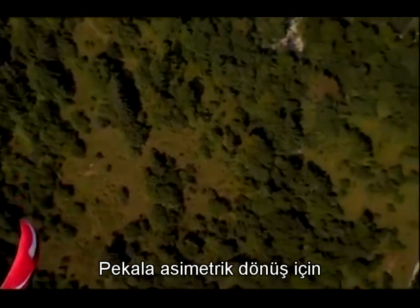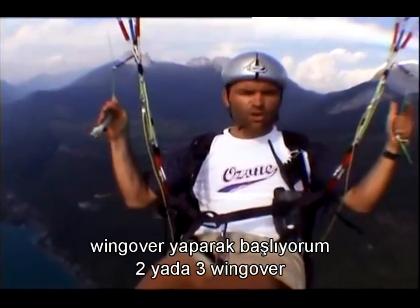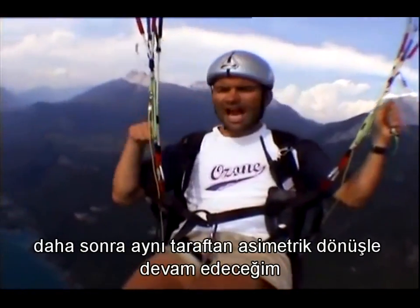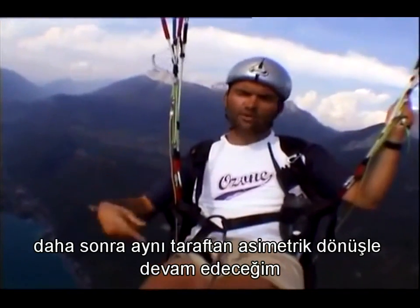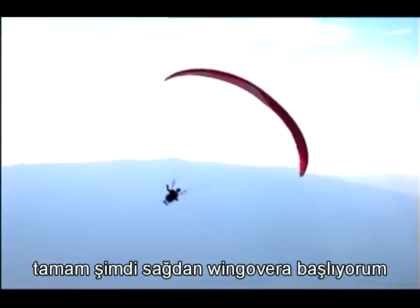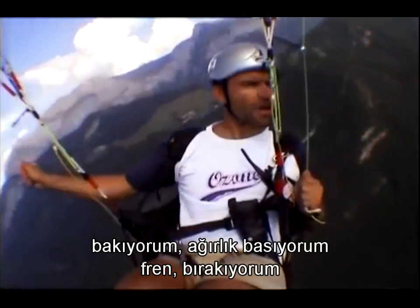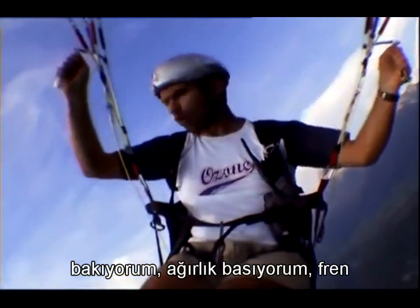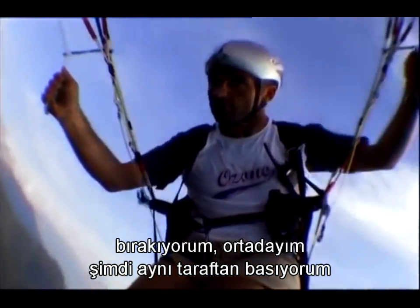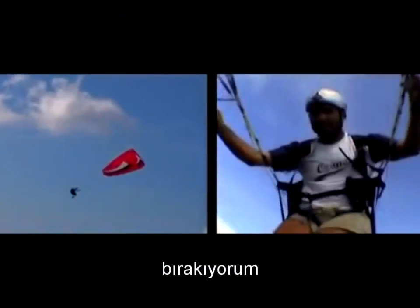Okay, for the 360 asymmetric, I start with wingover, 2 or 3 wingovers, and after a wingover I go on the same side with asymmetric 360. Okay, I start to the right for the wingover, I release, look, weight shift, brake, I release, look, weight shift, brake, I release, I have to go on the same side, I release, flat in my harness,